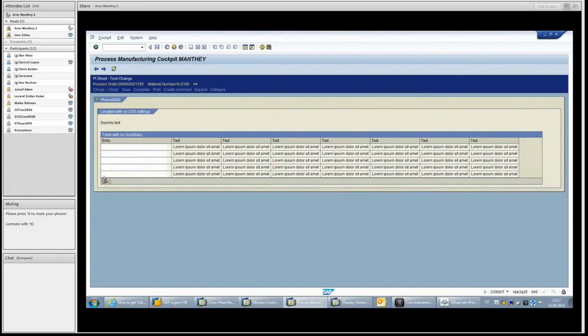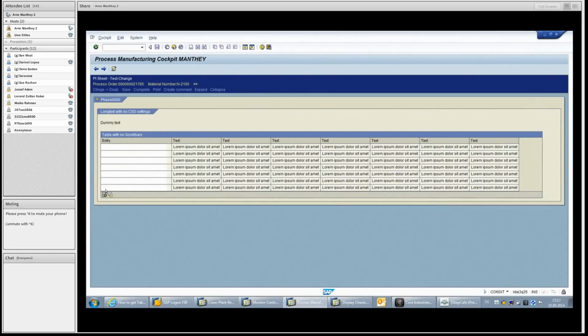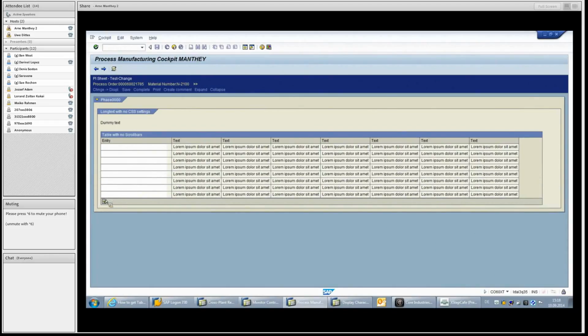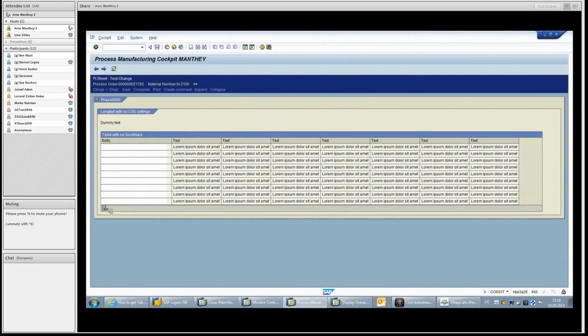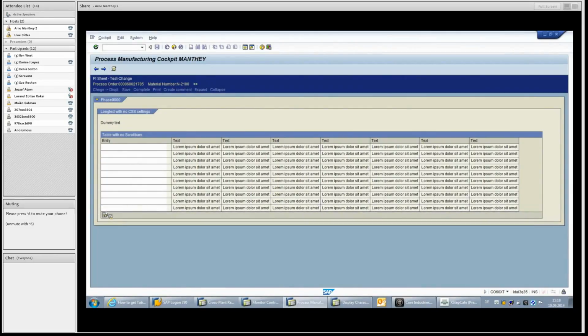And what happens if I'm entering more than 10 lines here? So I'm doing that like that here. At some point in time, it should. There it comes. So that's the 11th line I added, and now a scroll bar comes in here. So that is the standard behavior, and it's also quite okay, I think, because you usually want to have a good overview in your PI sheet, and that's therefore quite convenient that tables with a lot of lines are not